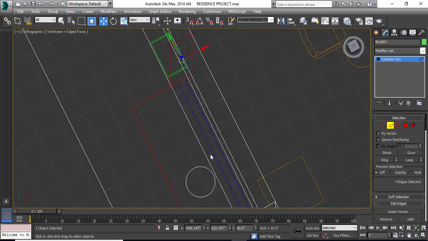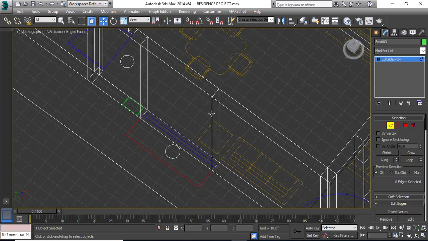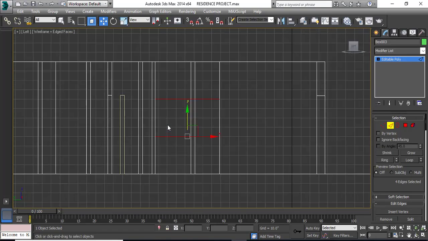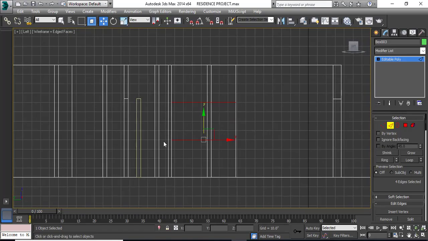I'll again go to perspective. Now as I have to create horizontal edges for window, I'll select the vertical edges, right click on it and connect. 2. Now we need top edge of the window and bottom edge, so here we'll give 2 and click on OK. So we can go to the left view and see if it is done correctly. As you can see, it is done nicely.